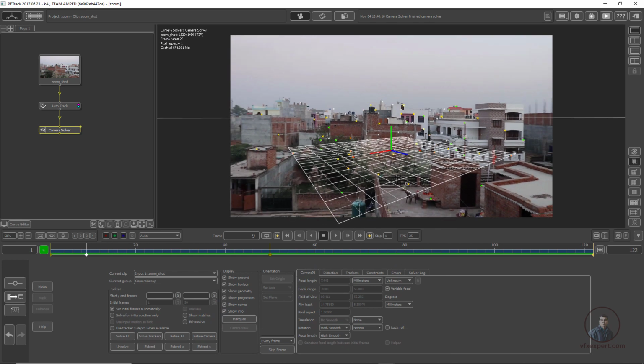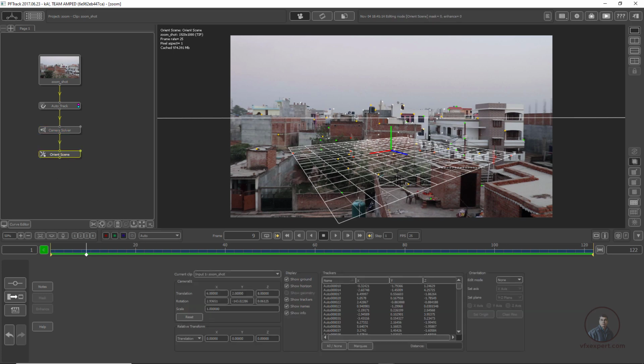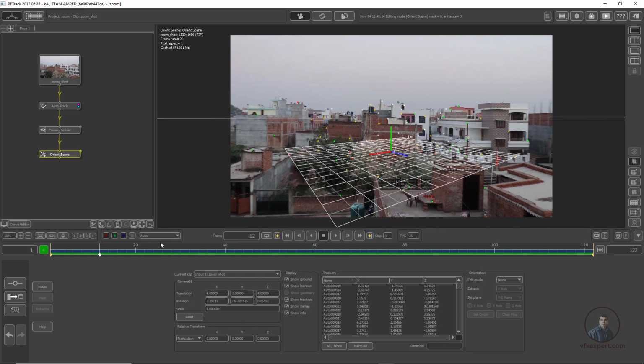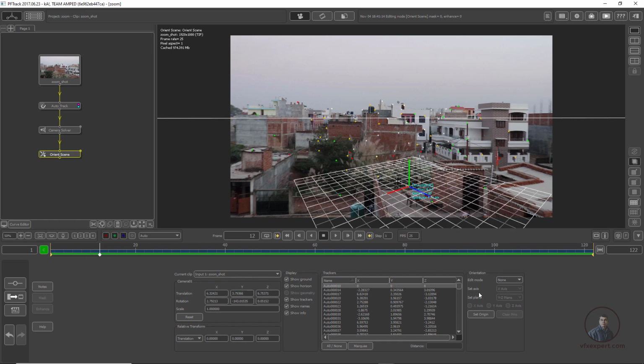After this, I am going to orient our scene. Right click, utility, orient scene. Here, I think there is no ground, so temporarily I am going to take this one as the origin. You can select anyone, I am going to take this one only for orienting our scene. So maybe set this one as the origin.